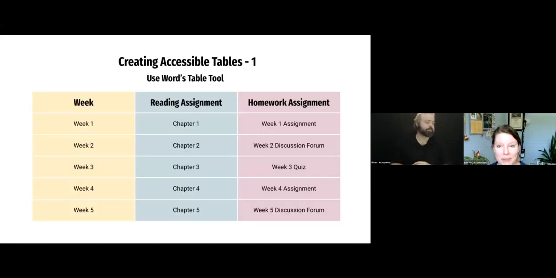The next thing we're talking about is accessible tables. This is another one that trips up our faculty here quite a bit. There are a number of pitfalls in the table tool if you are not creating it from scratch. So creating it from scratch is the best way, but here is a table that I've created in the PowerPoint